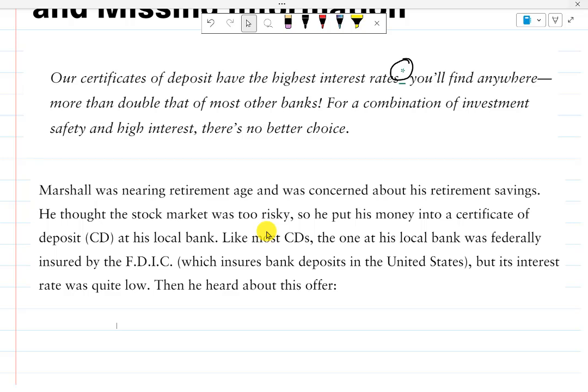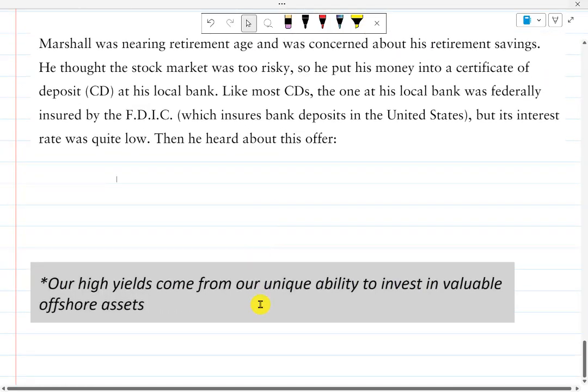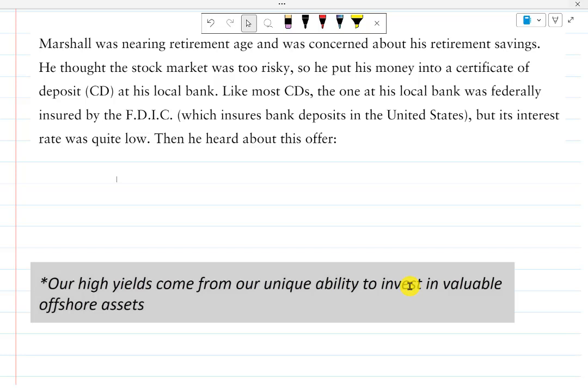So there's another thing, too, that might be interesting to Marshall. Marshall was looking for safety. He thought the stock market was too risky. Well, look at the asterisk. They're investing in offshore assets. That doesn't sound to me really unrisky, unless I get more information before I'm going to trust that, is what I'm saying. And so the point is, read the fine print, and even this wasn't enough to really tell you anything. The fine print didn't provide any details. So you would probably want to look at what they are investing in and then get an idea if you're going to go through with this and actually make a retirement out of it.